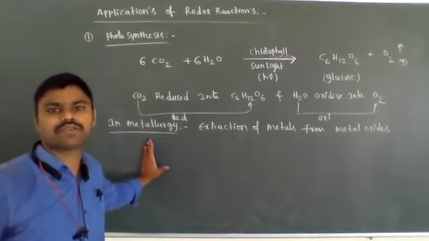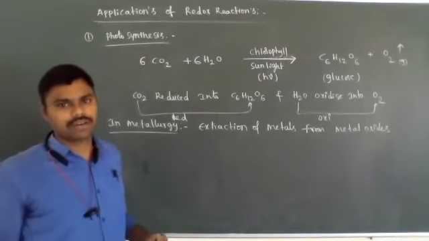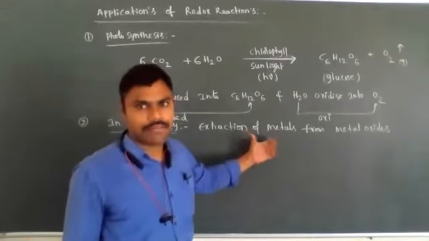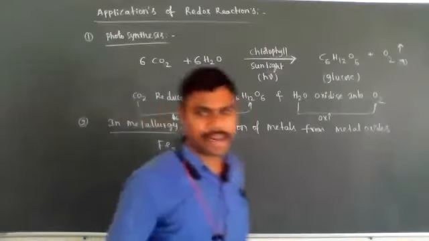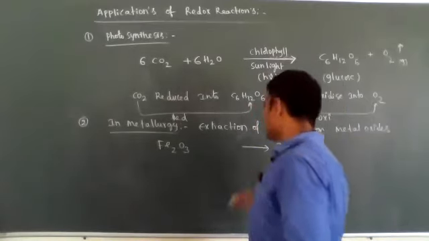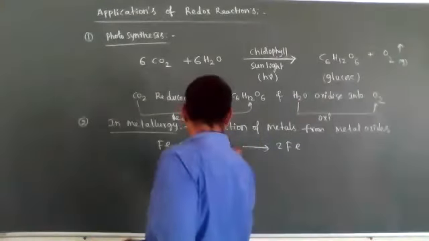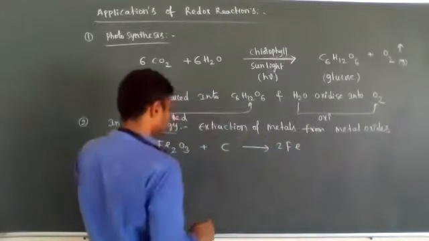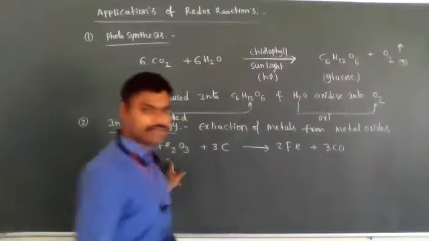The metallurgy chapter is present in second PUC. There we discuss how to extract the metals and what the different steps are. So the main key step is the extraction of pure metals from metal oxides. For example, Fe2O3, ferric oxide or iron oxide, is converted into iron. How is it converted into iron? It requires a reducing agent. What is the reducing agent we are using? Carbon, coal or coke. Three moles of carbon remove the oxygen atoms from Fe2O3.